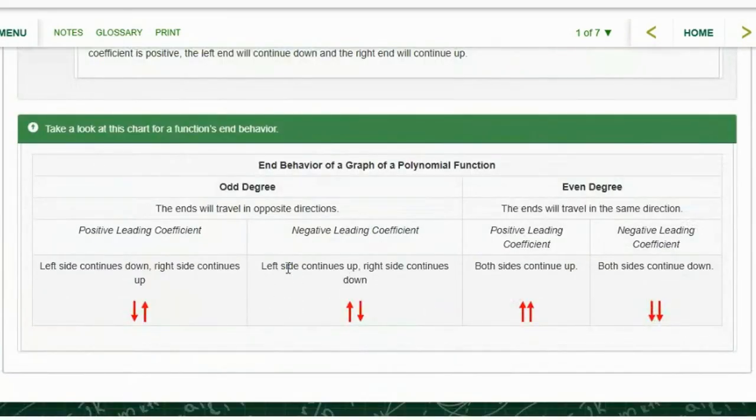And here is actually a chart. This is kind of what I wrote on paper. I just did it with more symbols and they did it with more words. If it's an odd degree, it's an odd function. One goes up, one goes down. If it's positive, it's left down, right up. If it's negative, left up, right down. An even degree goes the same direction, either up or down, depending on whether it's positive or negative. So this is a nice little chart. If you don't like the way I did it, you can do it the way they do it in Buzz,